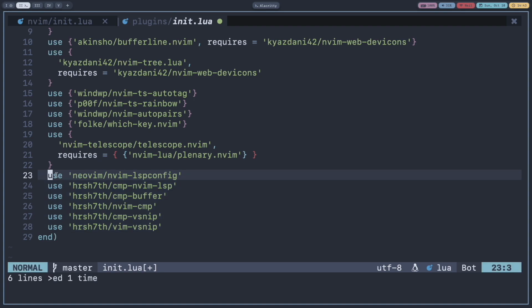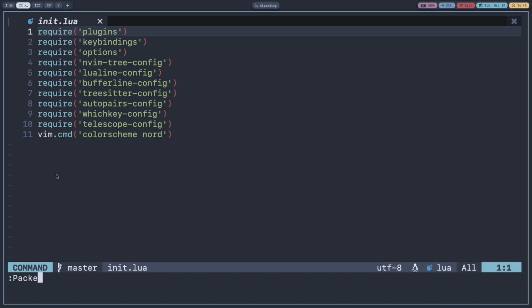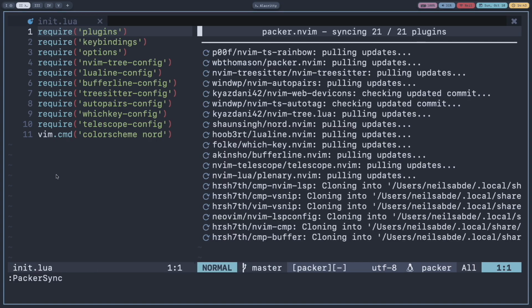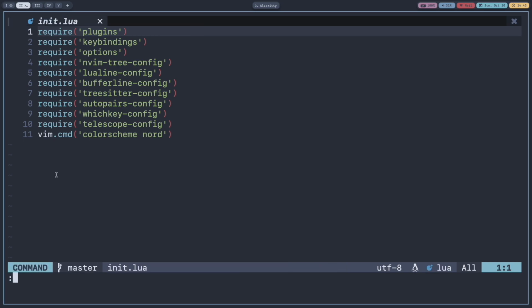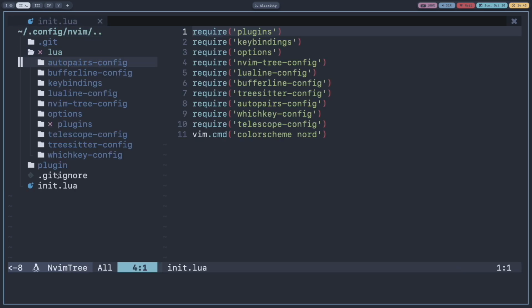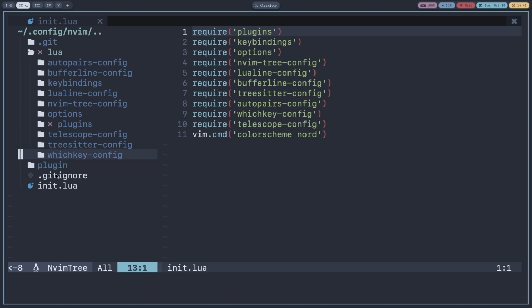Runs the previous macro. Now I'll restart NeoVim and do packer sync. Okay, now it installed all the plugins that we need. Now we are going to create one folder called cmp-config. It created a file, but we want a folder, so